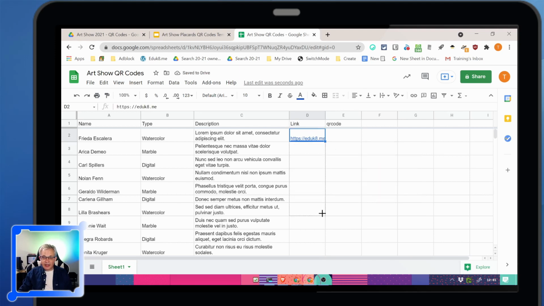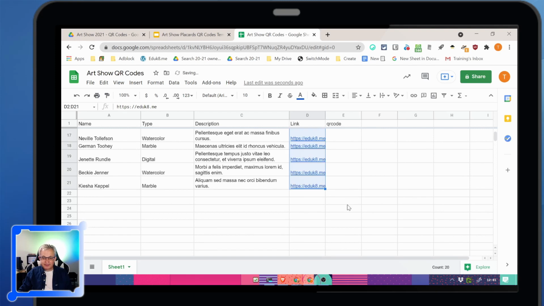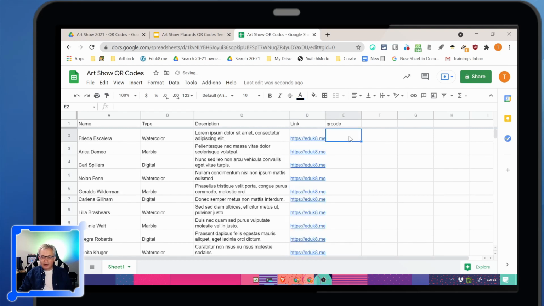And I'm just going to fill that down. You would not fill down. You would use unique ones for each person. But now, under QR code, I have a video on creating QR codes with a Google Sheet. I'll have the link in the description. We're going to do a slightly different version of that. Autocrat, to do the merge for the QR code, only needs to know the web address of where the QR code or picture is. So we are going to create that web address